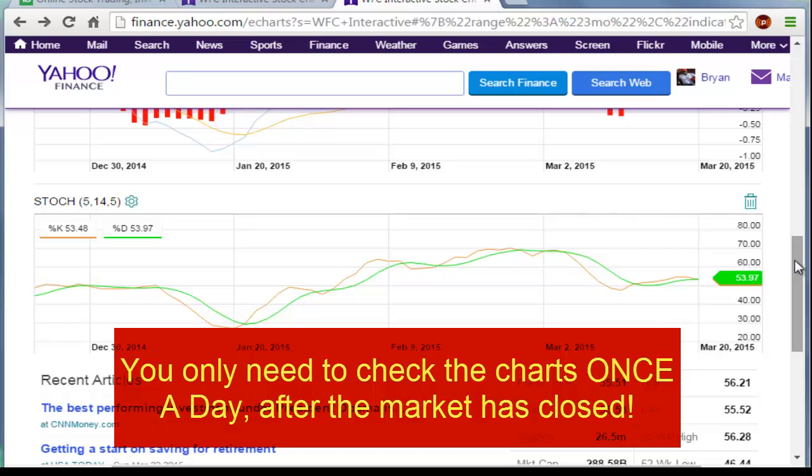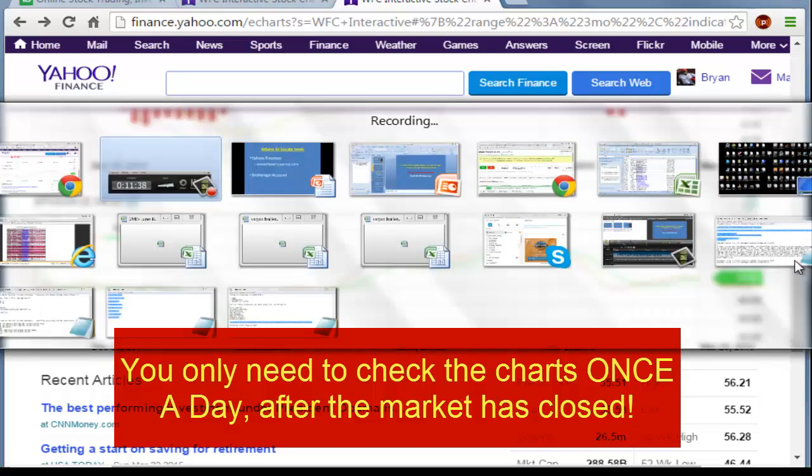Now, in the upcoming videos, we're going to go over how to place the trade, or what you should do to place the trade in the stock. Very simply, you can do it at market value. When you get it, just because you want to make sure you get in the position, just do it at market value to place the trade. And let me just show it to you a little bit in another